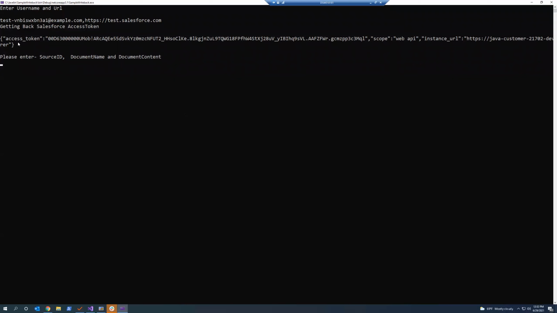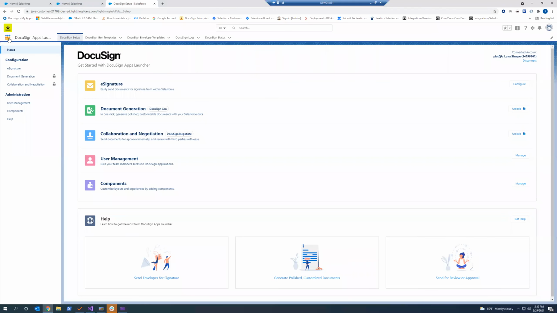So this is the authentication which has happened after given the permission, and authentication has happened correctly. And you can see the source ID, and now it is asking where to write the information. So I'm just going to pick a random opportunity where I want to write.